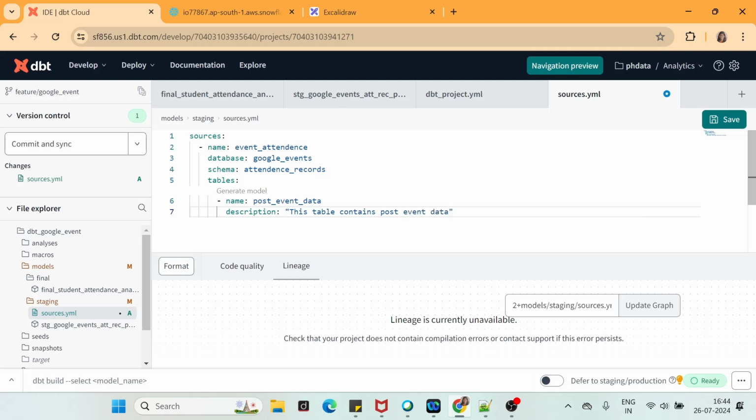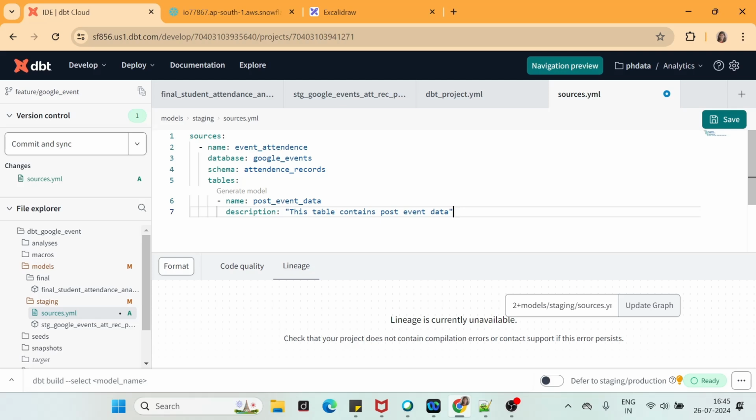And how this description plays a role, dbt has another feature, which is dbt documentation. So when we build our dbt project, we can also create dbt documentation, for which we have a command as well that will generate proper documentation of your project. Wherever your description is inside your sources.yaml file or in your schema.yaml file, it will provide all of that. It's just like metadata of your entire dbt project. What is the function of this table, or what is the function of that particular model? So it plays a very important role when it comes to code documentation.